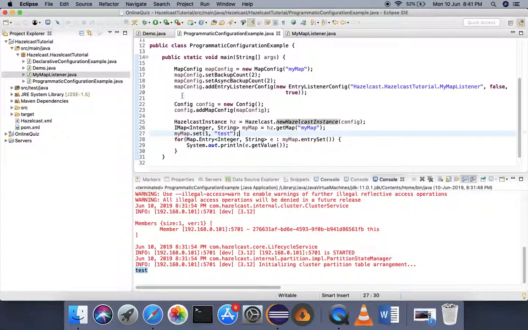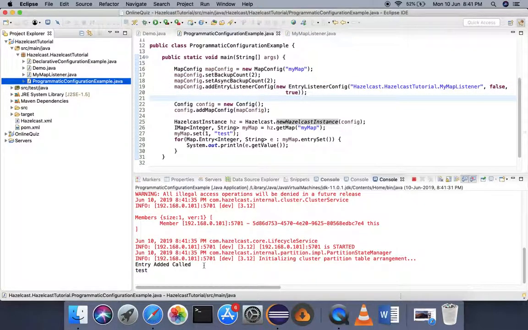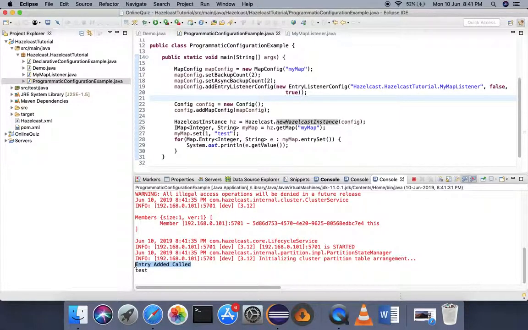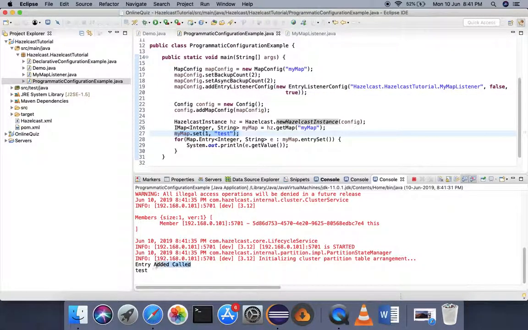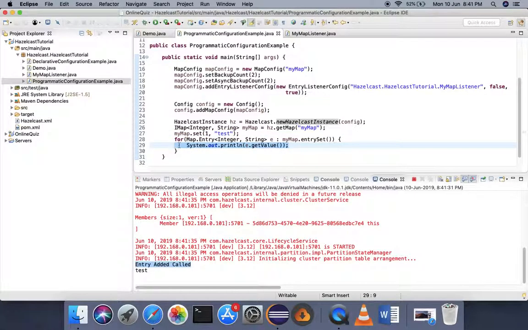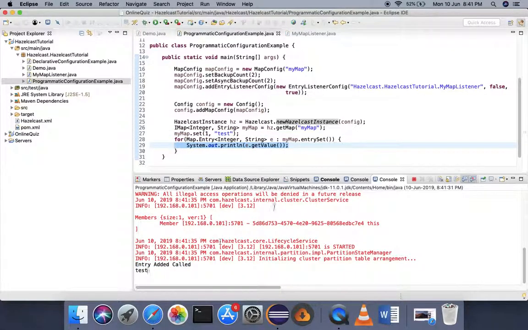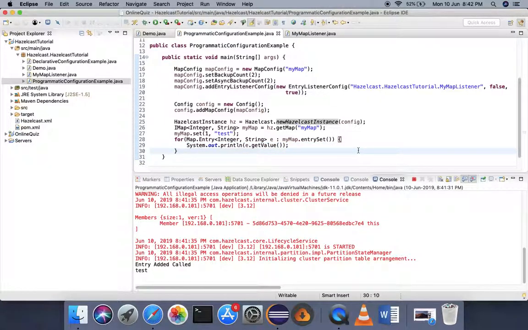And we have done the configuration of this entry listener programmatically. So let's run this. See, entry added called, and then this value has been printed. Whenever we are inserting a value, the entry added method is implicitly called, and this is printed, and then our print statement is executed.